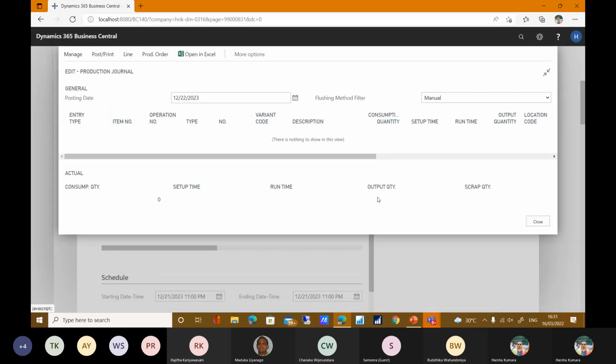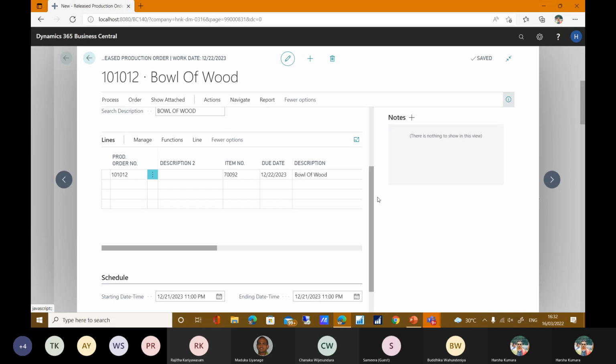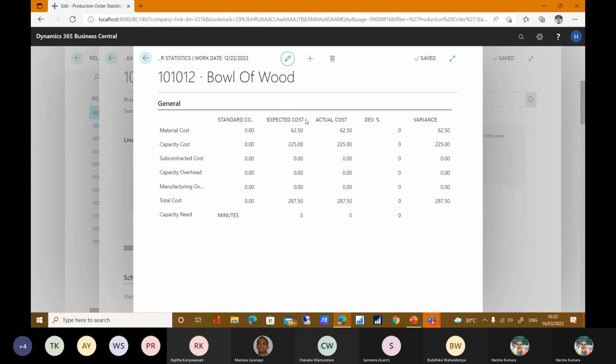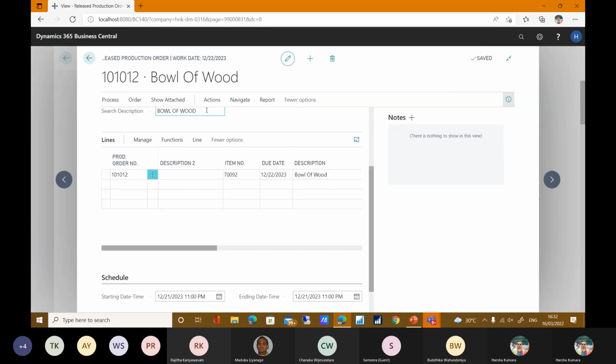Once you post this, then in your released production order itself, there is a statistic page. In the statistic page we can see your expected cost is 287, and your actual cost is also 287. There is no deviation, and then we can go to the entry-specific